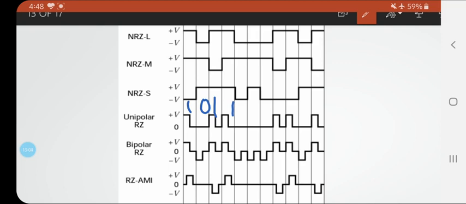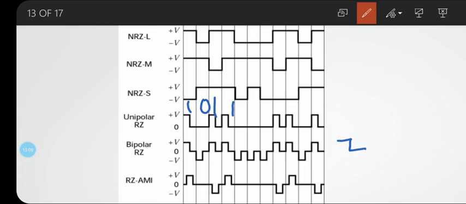Moving on to the bipolar RZ representation, the 1 is represented with a half bit pulse, and then 0 is exactly the same representation as we have done for 1, but opposite. Both of them, either 1 or 0, are represented by opposite level pulses that are 1/2 bit wide. So that is how we keep on representing. Now this is for 0, and then for 1 we have a half wide pulse, again for the next one a half wide pulse. So that is how we represent a bipolar RZ.